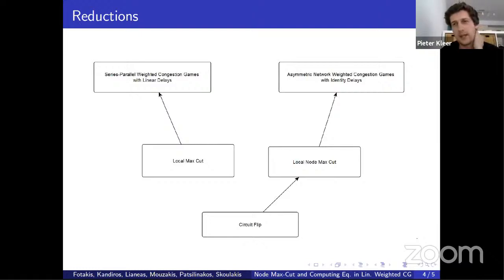So what happens on extension parallel networks? Can you do it in polynomial time then? For the unweighted case, yes, you can. But we tried to reduce to extension parallel instead of series parallel, but there are some difficulties there. We don't know yet the answer for weighted congestion games on extension parallel networks. But you think it's hard, and not that it's polytime? My intuition is that it's hard. I don't have any evidence.